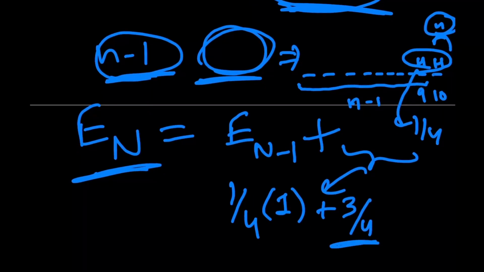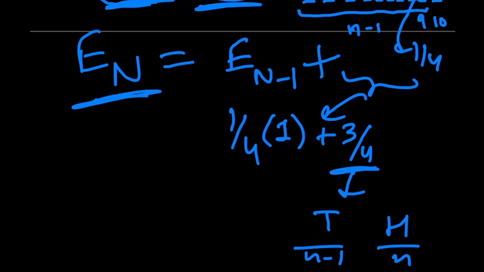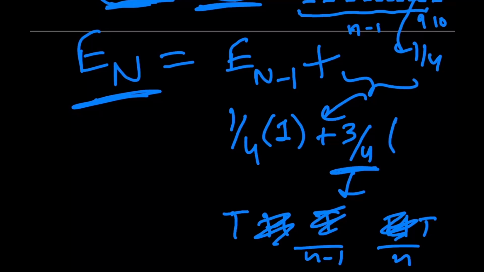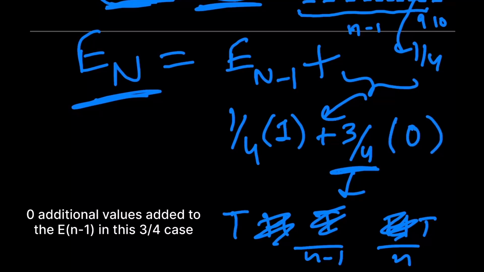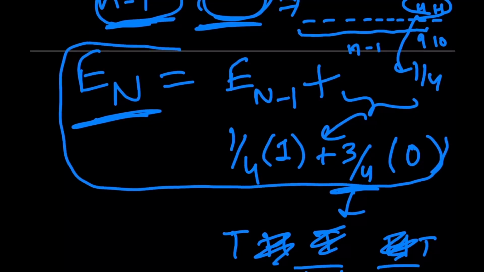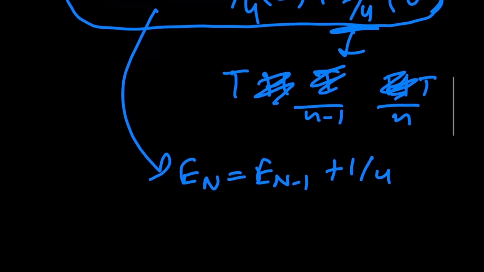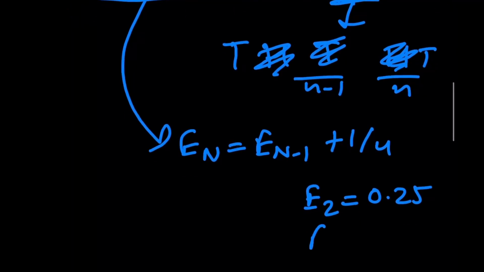And now this 3 by 4 probability would denote where, on the n minus 1th and the nth slots, we get a tails and a heads, or we get a heads and a tails, or we get both as tails. Right? So these three cases would lead to 0 additional values. So this now becomes the equation. And this would result in E of n equaling E of n minus 1 plus 1 by 4. And since we know that E of 2 is 0.25 and E of 3, well,